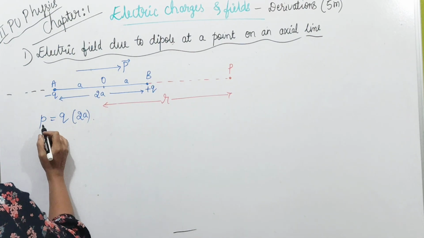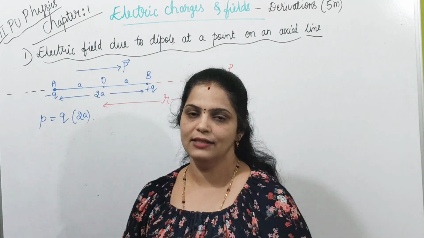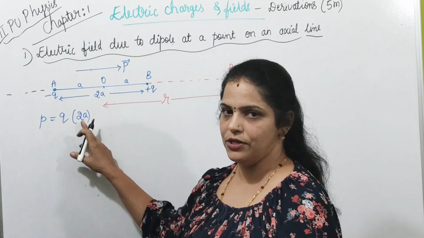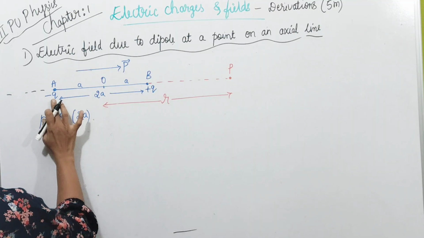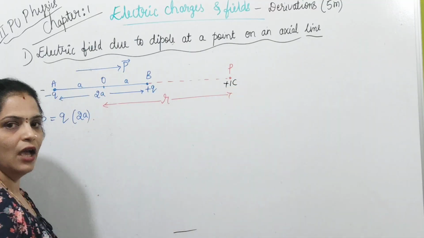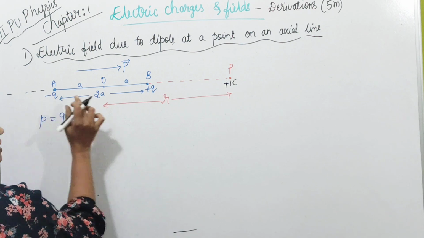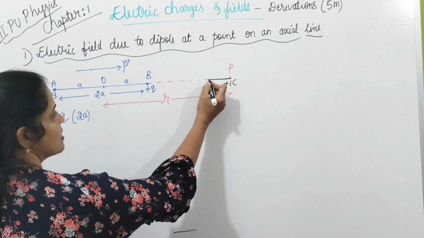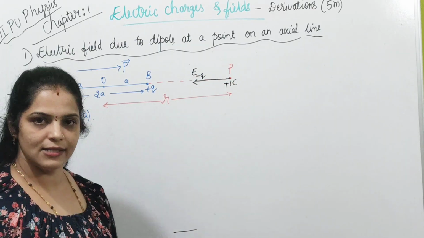So first let us write here, dipole moment is q into 2a. This is a way of writing dipole moment. It is one of the charges into the distance between them. P is the dipole moment, q into 2a. Now let us write the direction of electric field due to negative charge. See, you need to imagine one unit positive charge here. Then, the unit positive charge is attracted by the negative charge, right? That's why electric field at P due to negative charge is towards it. Okay. So I'll name it as E minus Q. Is it clear for you?